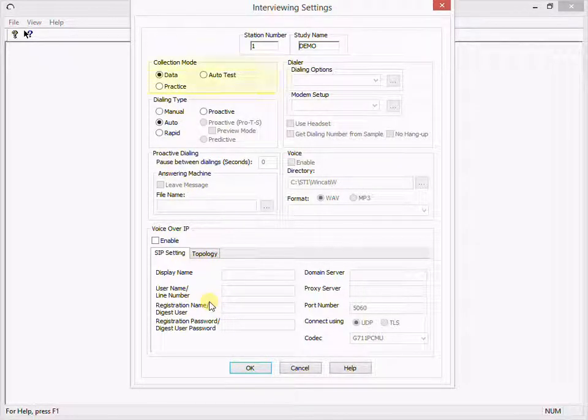For example, they may choose live data collection mode or practice mode, which allows them to practice interviewing without actually collecting any data or saving any call attempts. Also, the dialing mode can be specified here as well. WinCATI gives you the ability to dial manually, automatically, or optionally, proactive and predictive dialing using the Proteus Dialer for